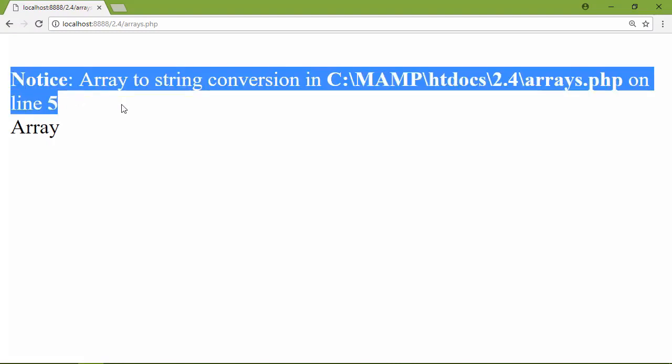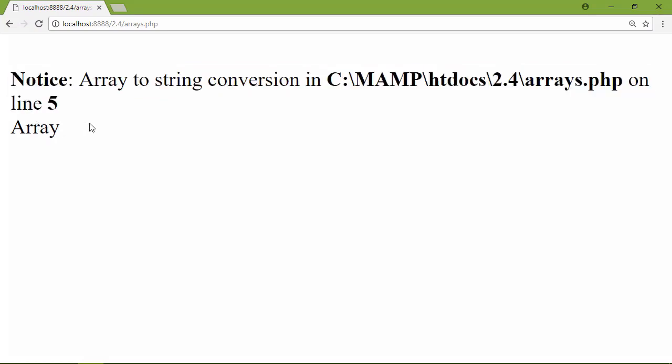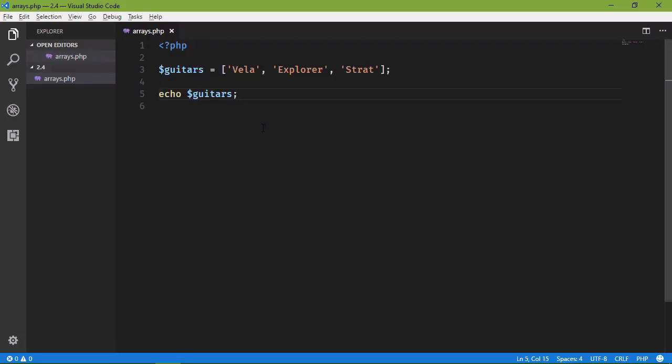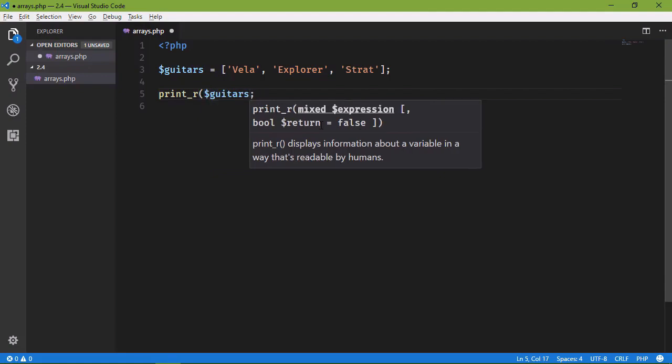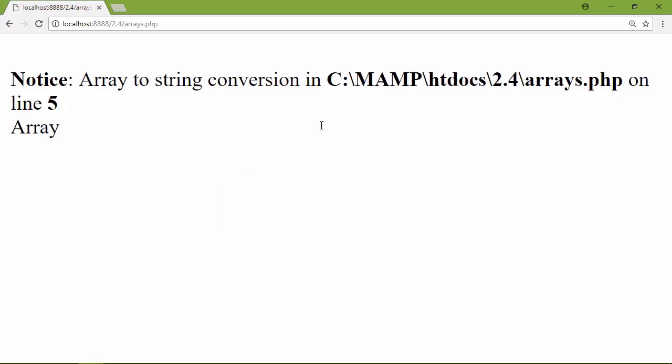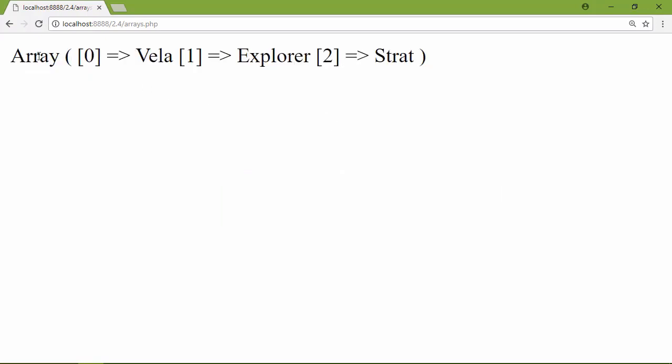It's not an error, but it is a notice. It's a warning. So all we see is "Array." Instead, we want to see the contents of that array. And so we can use a function called print_r, and then we pass in our guitars array. And whenever we go back to the browser, we're going to have a nicely formatted